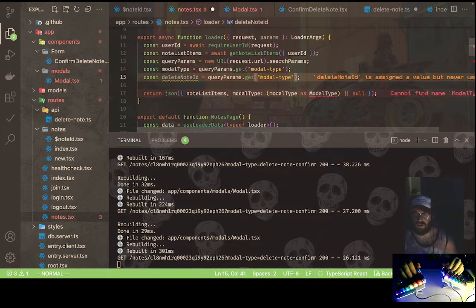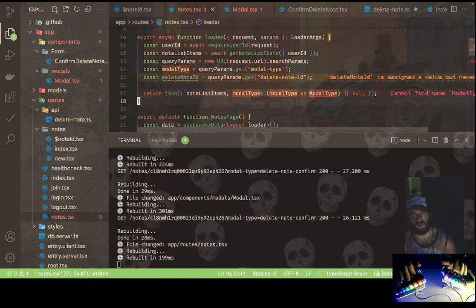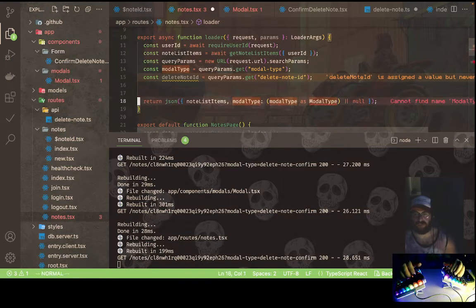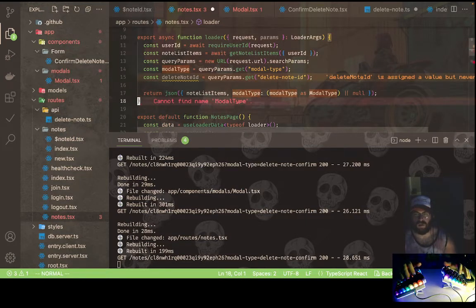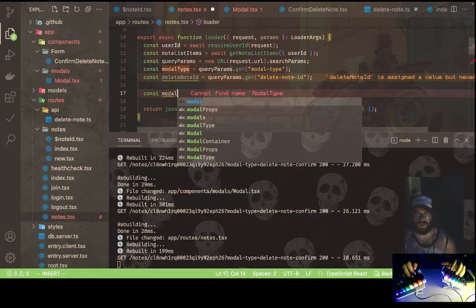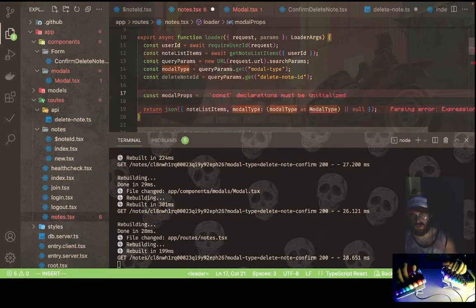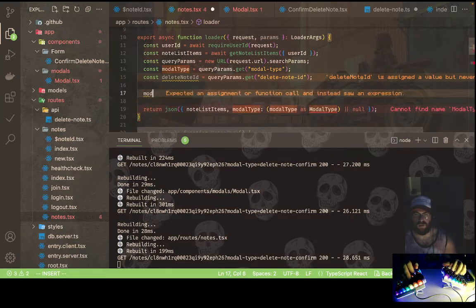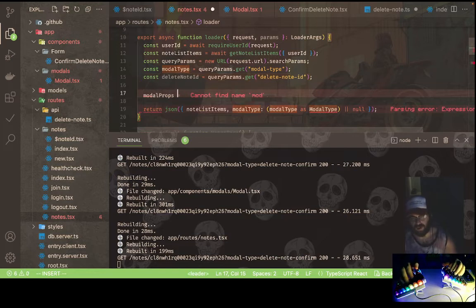And we could say it equals... I like doing immediately invoked functions, so that's just how I'm going to do this. We could say modal props equals